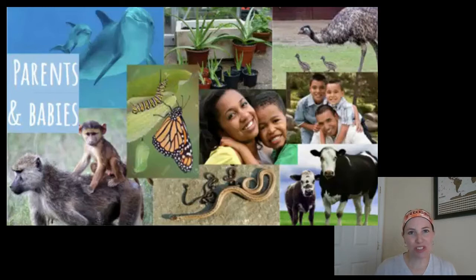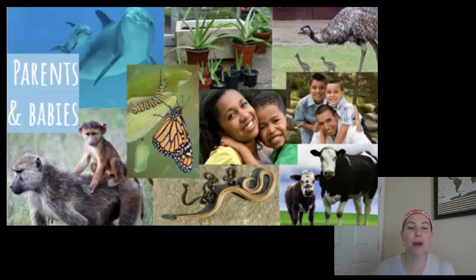We are almost finished with our life cycle unit. You have learned about how all living things have a life cycle. That means all kinds of living things have babies, which grow, change, and develop from babies into adults. And most adults will have their own babies, and eventually they will die. But that kind of living thing keeps going on and on because of the life cycle.